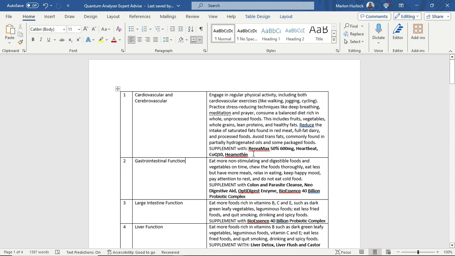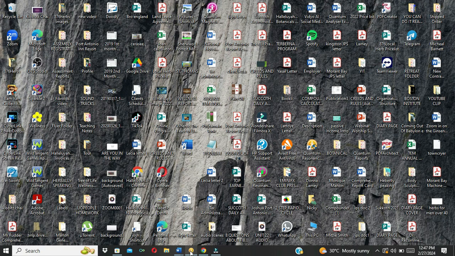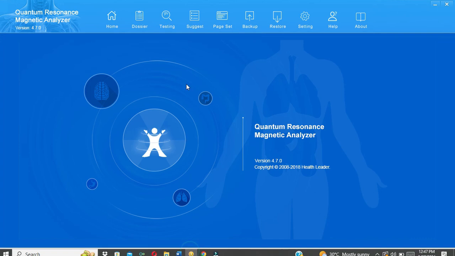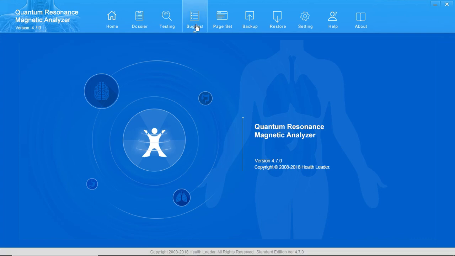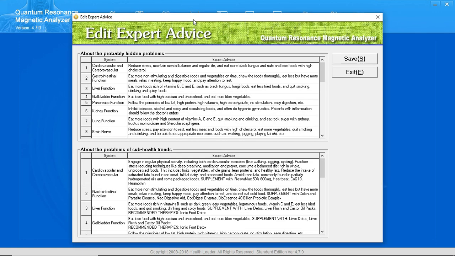So what we're going to do is we're going to copy this expert advice. And then I'm going to go to my quantum analyzer. I'm going to go to the suggest area. I'm going to open that up. And it has